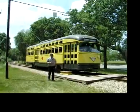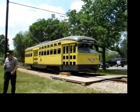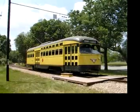Crew out here today at the Minnesota Streetcar Museum. And the first car that you took pictures of, I believe, was the PCC number 322, which was built in 1946 in St. Louis, Missouri, by the St. Louis Car Company, and brought right up here to the Twin Cities, brand spanking new, and started operating in January